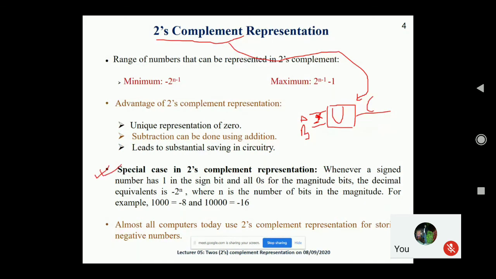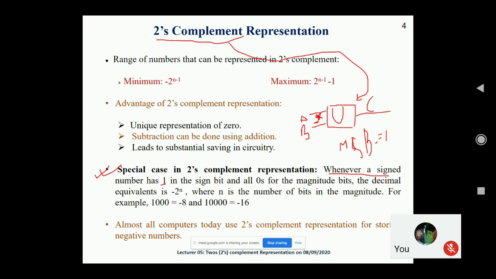Whenever a signed number has 1 as the sign bit, the MSB is always equal to 1, because the MSB always represents the sign. When a number has 1 in the sign bit and all zeros for the magnitude bits,